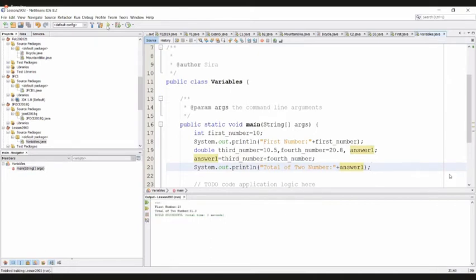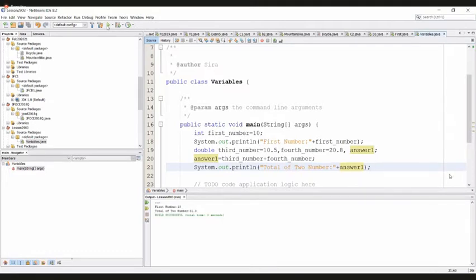Then you can see the result is coming as total of two numbers is 31.3. Right. This is about the double type.